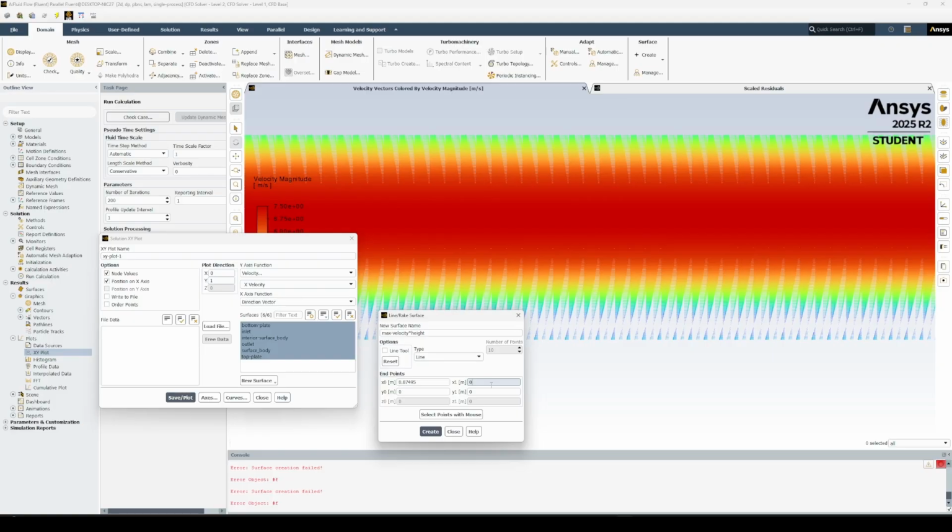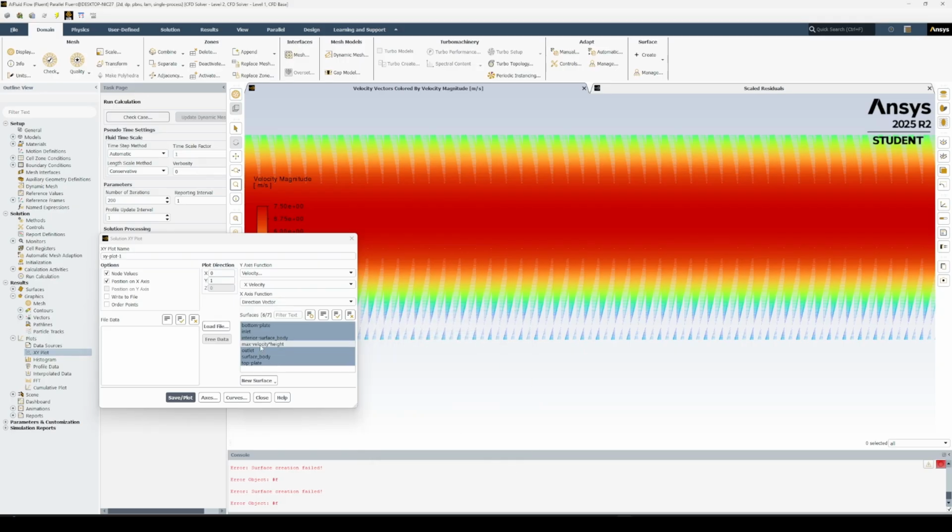That's going to be 0. And then X, and then that's going to be 0, and then X1 will be 5. Perfect. We're going to create. We're going to close. And we're going to select that. We're going to write to file. We're going to write it, and it's going to come out. We're going to grab that file, put it in Excel, see the corresponding values to the maximum height and velocity,